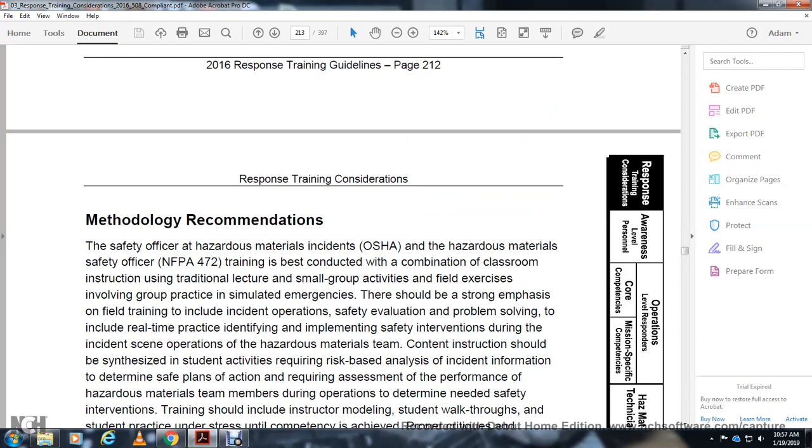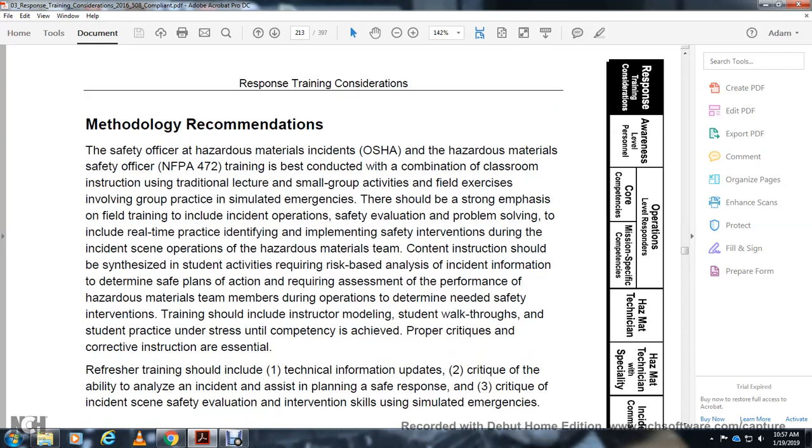Methodology recommendation: for the safety officer, hazardous material incident, under OSHA, and the hazardous material safety officer of the National Fire Protection Association 472, the training must be conducted with a combination of classroom instruction, including traditional lecture, small group activities, and field lectures, with practice in simulated emergencies, with emphasis on field training with the incident operation, which shall evaluate problem solving in real-time incident practice, identifying and implementing